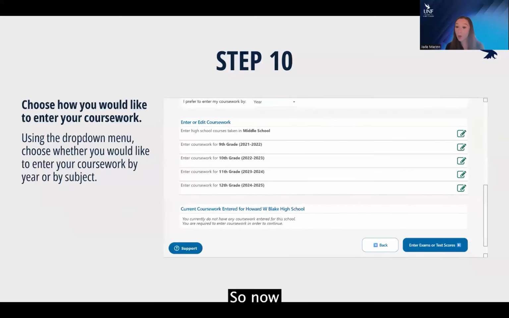All right, so now we get to the part of the STARS where you will enter in your coursework. Using the drop-down menu, you can choose whether you would like to enter your coursework by year or subject. So you will see you have 9th grade, 10th grade, 11th grade, and 12th grade. It's very important when you start entering in your coursework. For the STARS, you will need to enter in all of your 9th grade coursework, meaning your class and the grade, all of your 10th grade classes and grades, all of your 11th grade classes and grades, and then your